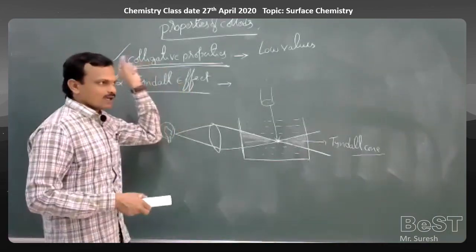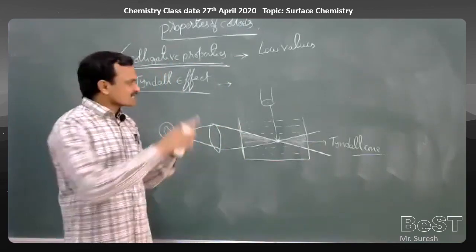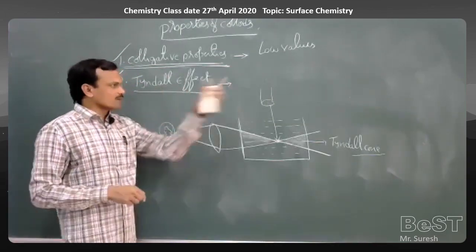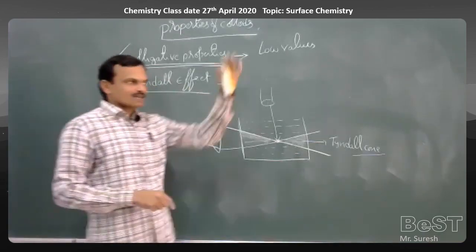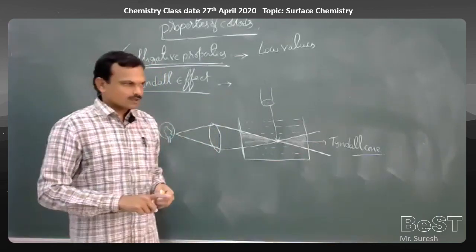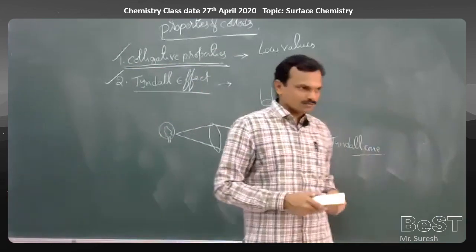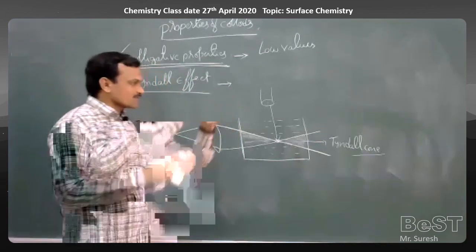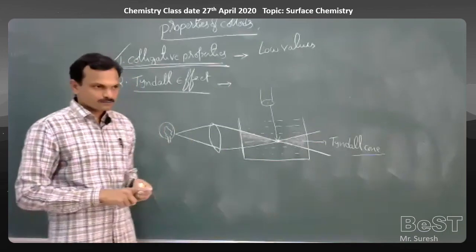Whenever the projector light is made to fall on the dust particles, the light gets scattered on the surface of the dust particle. As a result, the path of the light appears bright, and we can see the dust particles as bright spots. When sunlight enters a room in the early morning or evening hours, we can see the path of the light very clearly, and we are able to see the dust particles also very clearly. Because when the light falls on the dust particles, the light gets scattered. As a result, we can see the dust particle as a bright spot.